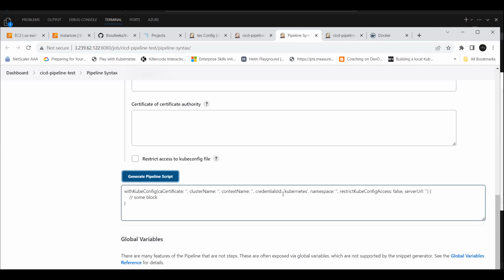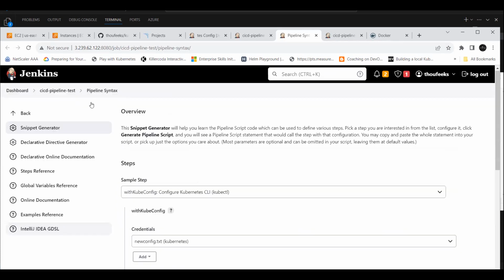Only the Kubernetes ID we mention here. So the other things we can remove, no issue. Just copy,